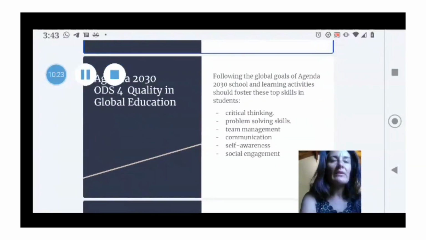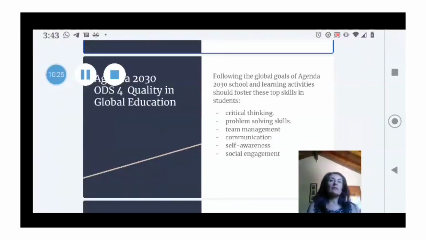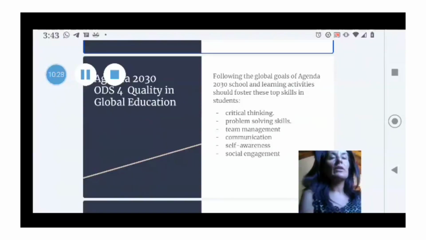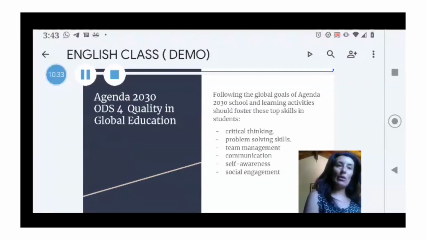Okay, I am a big fan and I have a lot of enthusiasm for Agenda 2030. I have already won a prize teaching global goals, so I think it's very important to focus on the objectives of the agenda. And one of them, objective number 4, is quality in education, promoting 6 skills which are